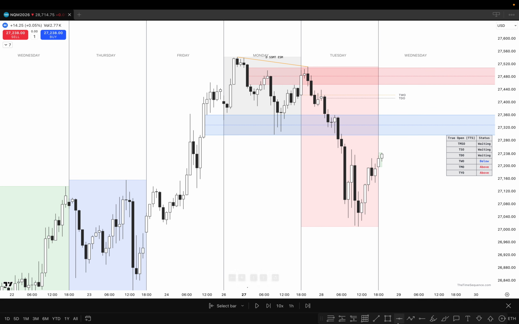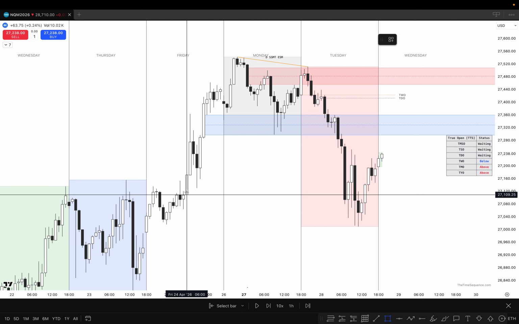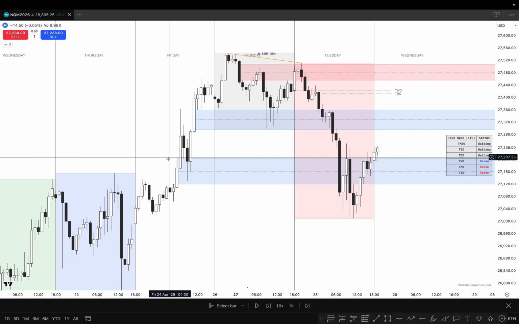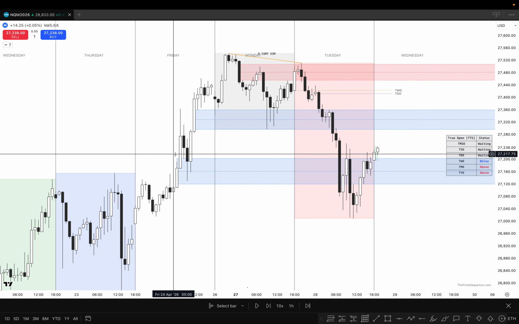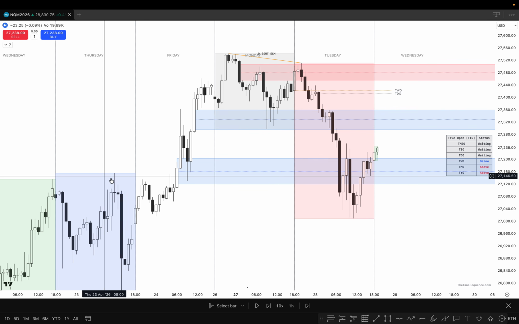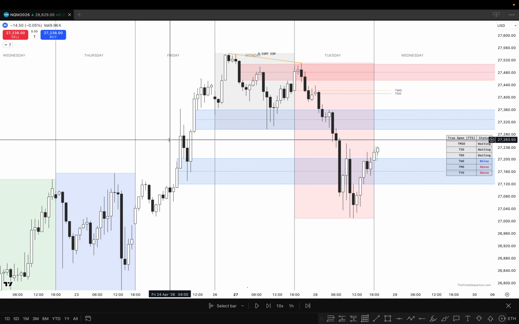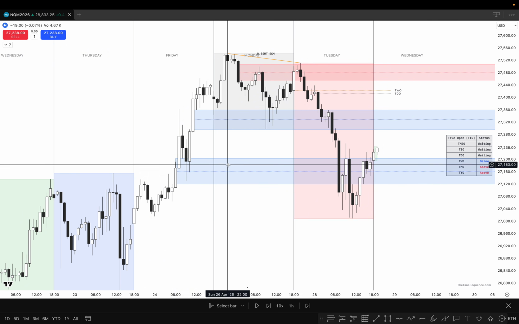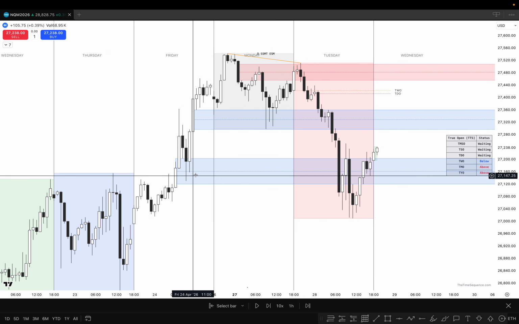My attention was immediately drawn to these two BCs right here. Why these BCs? Because of two reasons. One of these reasons is that these BCs displaced through a previous cycle high. And the second reason is that price previously found support in this area, which means the algorithm clearly references